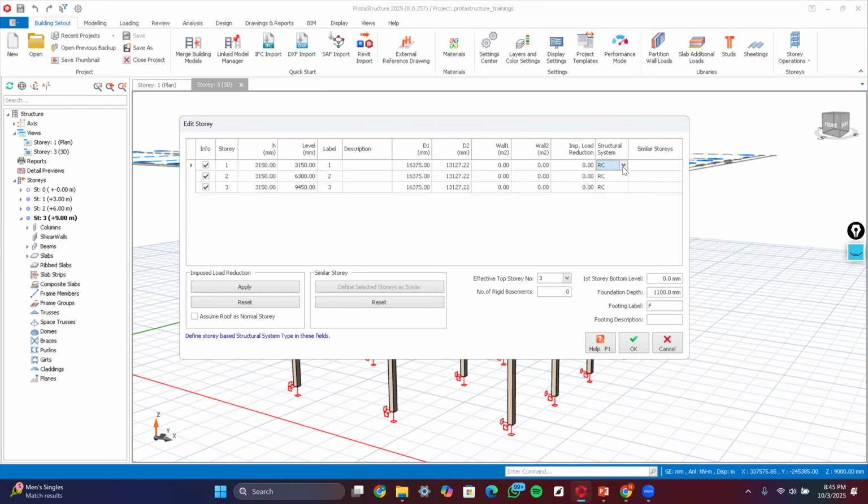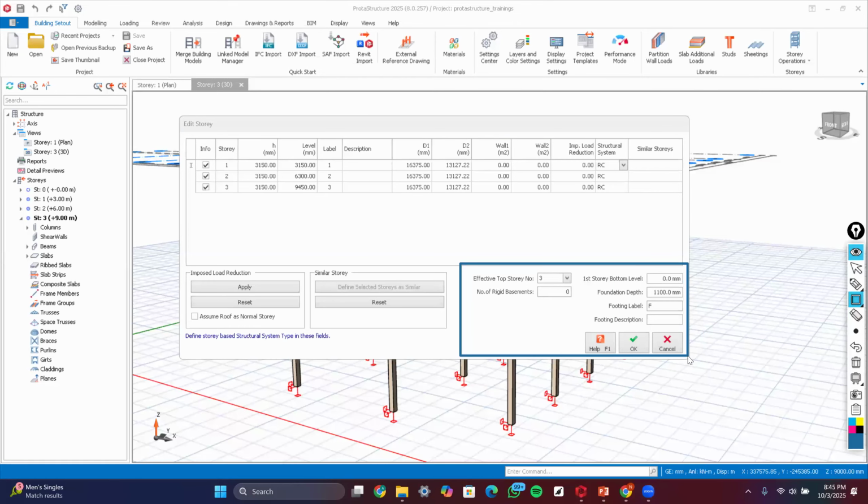So what we model is reinforced concrete, which is RC. So if you click on that drop down arrow, you get the option to change it to either steel or any other material. Okay, we basically have RC and steel here. So we are going to leave it as RC. Okay, so at the bottom left side of this edit story dialog, around this region, you get this option that says